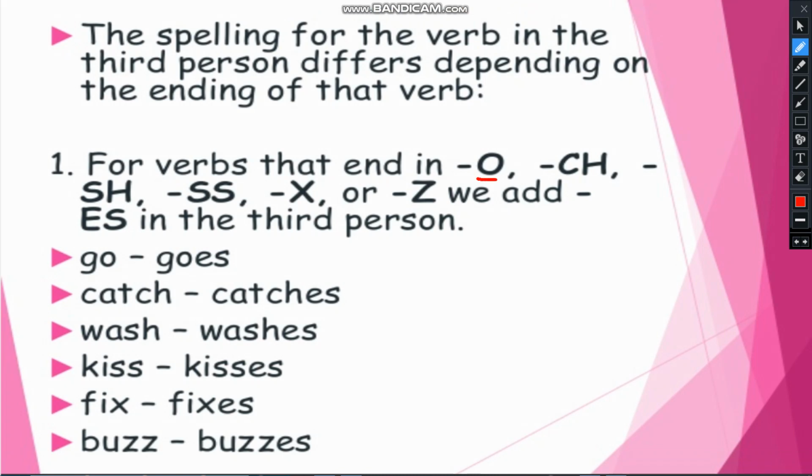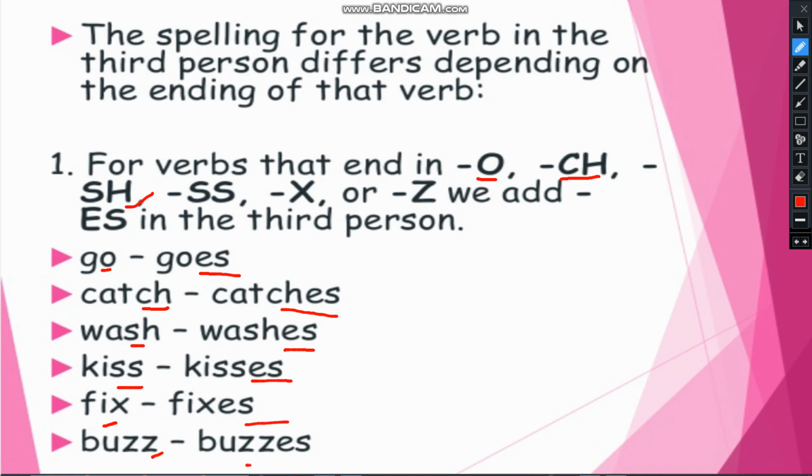So, go. See, go के जगह हो जाएगा goes. When we add ES, when the verb is ending with the CH sound, तो CH की जगह catch है, या catch ends with ch, तो ये हो जाएगा catches. ना sh साउंड में देखो wash, wash will become washes. ss साउंड में देखो kiss will become kisses. x साउंड में है तो fixes.